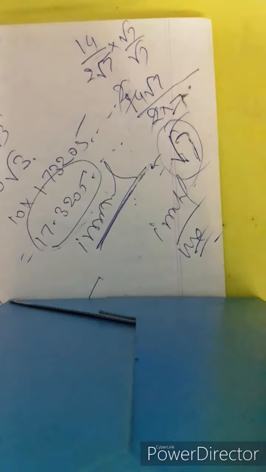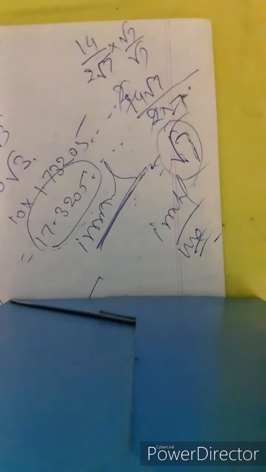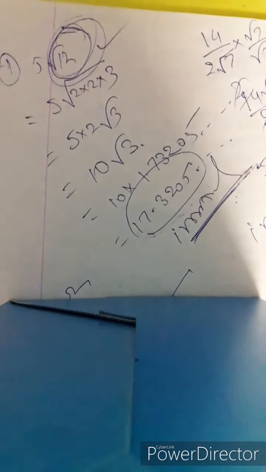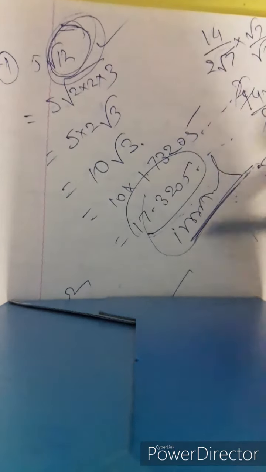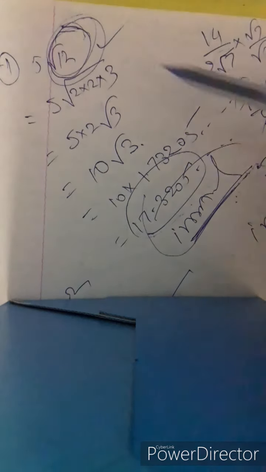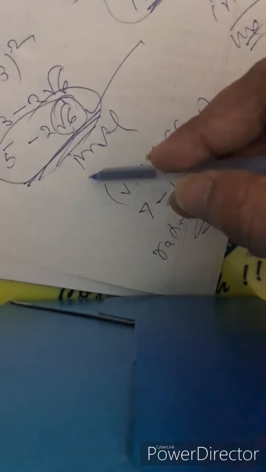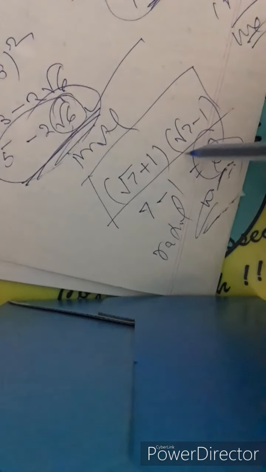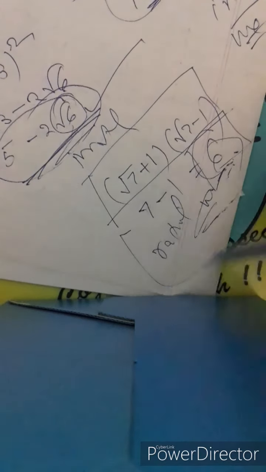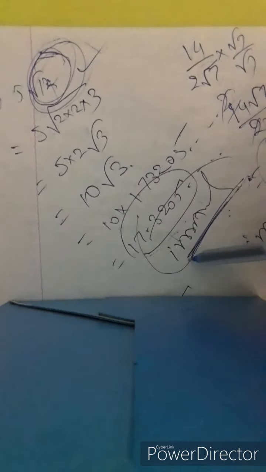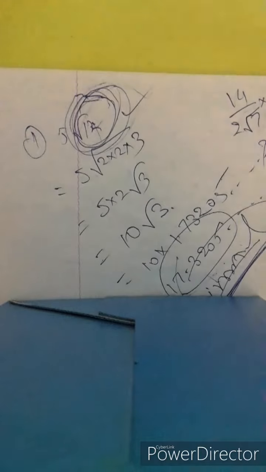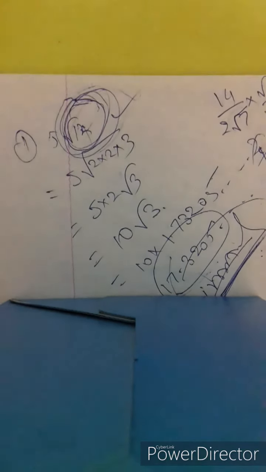All right, so I hope you are clear with this concept of rational or irrational numbers. Always remember, if there is root in any format, automatically it will become irrational. By seeing the number, we can conclude it is irrational. For it to be rational, if an equation is given, by simplification it should come to a whole number, then only it becomes rational. Else 5 minus 2 root 6 is irrational. 5 root 12, after solving it came out irrational. By depicting that it has root 12 only, it can be found out that it is irrational.